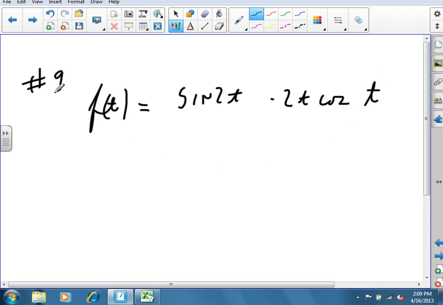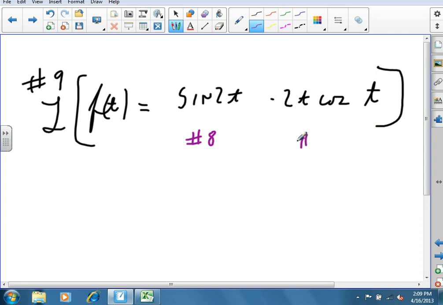That's what we have, and we want to take the Laplace transform of those. So we turn back to our Laplace transform table. We notice that the sine function is number 8 on our table, and t cosine t is number 19 on the Laplace transform table. And then we write down that F of s is